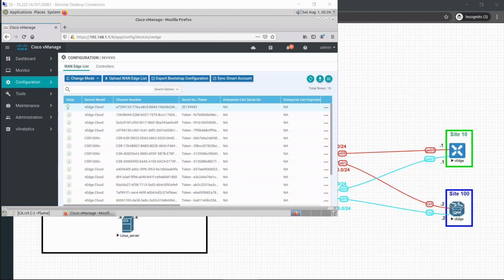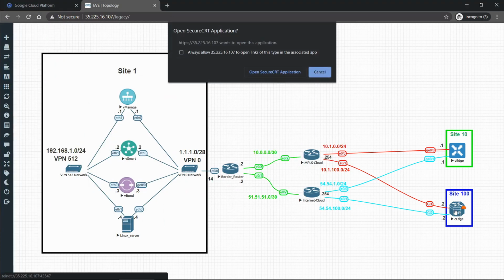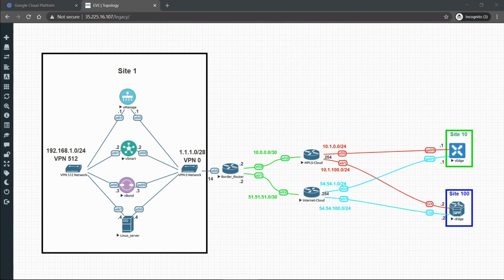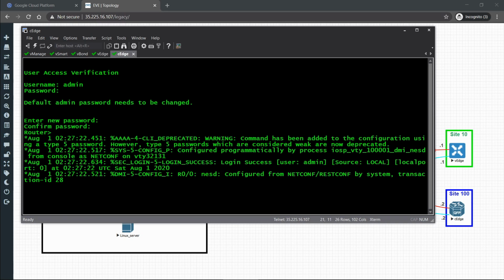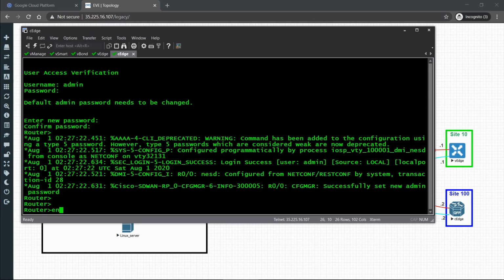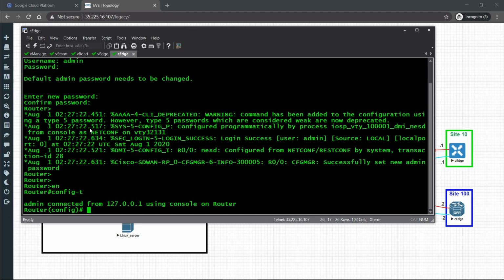So I'm going to drag this out once again to the side. Same with the RDP connection. Double click on cEdge to bring it up. And type in the password of admin and admin. It wants us to create a new password. And it will prompt this up now. So I'm going to type in enable to go to enable mode, and then type in config-t for config transaction. Give it a few moments to load up, and it should say that admin connected from 127.0.0.1 to console on router. And now we are ready to go through the skinny configuration